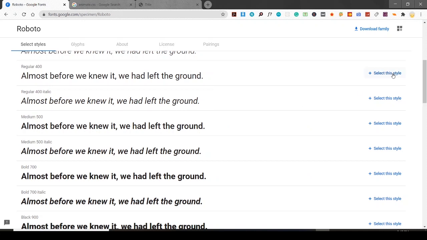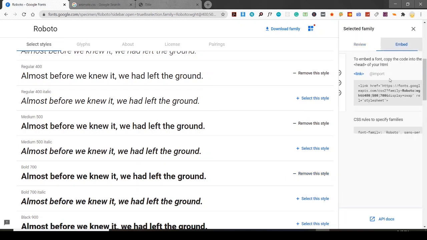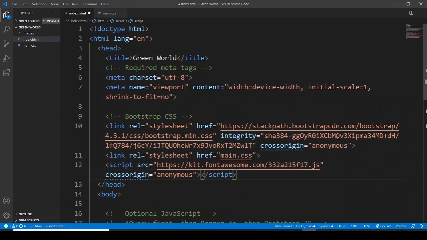I'm going to go with this regular 400, then medium 500, and then bold 700. If you want, you can download it, but I don't want to download, so I'm going to use this embed, and I just want to copy this link from here. Right, copy, and let me paste it